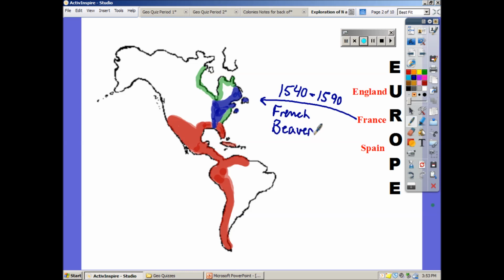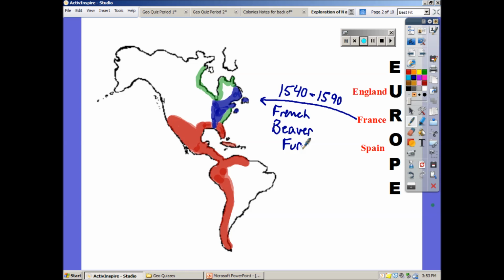And it turns out that that is a very popular substance to make hats and coats, etc. out of back in France. So they begin to work the fur trade, and this is a great relationship with the Indians that they develop, because they're going to rely upon the Indians to actually help them find the beaver, to teach them how to trap the beaver. And that working relationship is going to be very beneficial to the French and to the Indians over time.